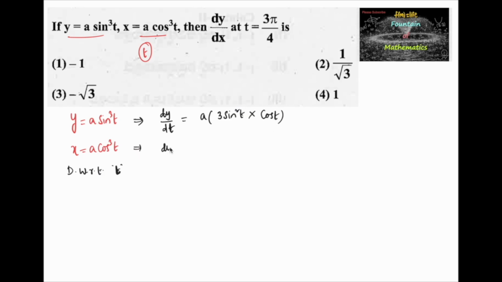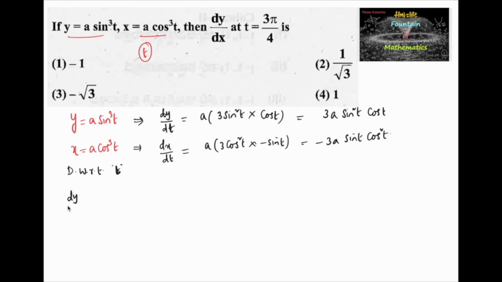And here dx by dt is equal to a times 3 cos square t into differentiation of cos t is minus sin t. So here we can write 3a sin square t cos t, and here minus 3a sin t into cos square t. Now let us consider dy by dx. So we can write it as dy by dt divided by dx by dt,